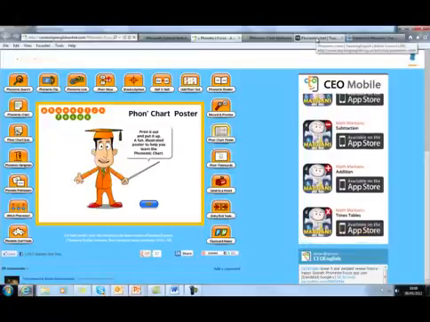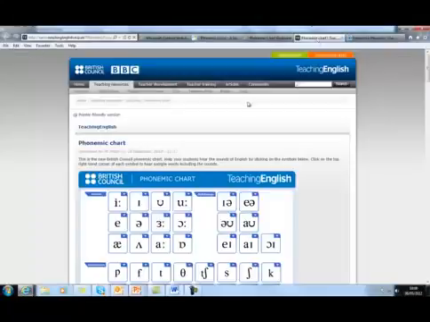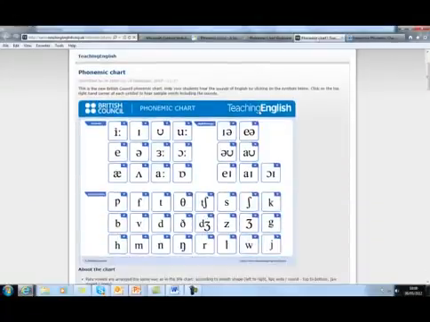The other one that's very good, this one here, if you're trying to learn it, from the British Council, from the teachingenglish.org.uk. Here again you've got the vowels, you've got example words, and it will give you the sounds if you click on them. So again, for all your learners, if you're trying to remember what they say,